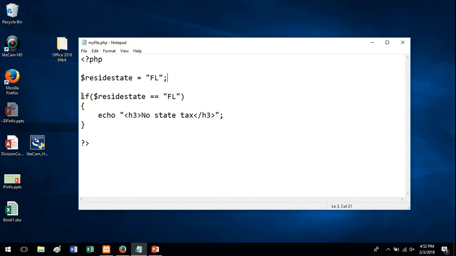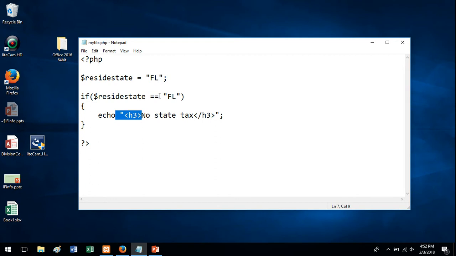But let's look at this syntax more carefully. If, parentheses, some kind of comparison. Notice the if statement does not end with a semicolon, so that's very important to remember. There's a few specific things in PHP that do not have a semicolon, and you do not want to put a semicolon at the end of the if. And the reason is, if this is true, it's going to go down and continue and do whatever's below. So we have if, parentheses, no semicolon, but notice we have curly brackets around all the stuff that we